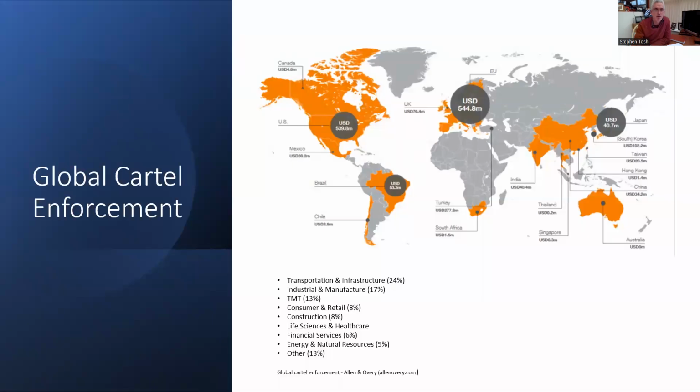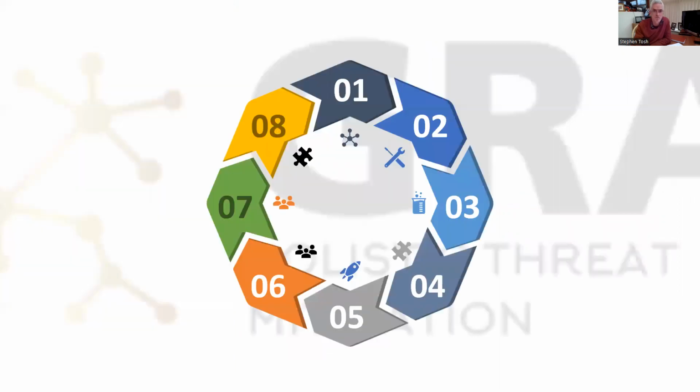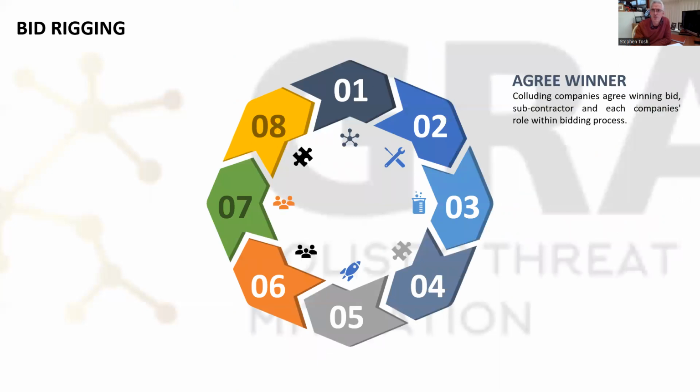So just to touch on bid rigging, it's inconsistent globally. The UK had, back around 2010, identified significant bid rigging in construction contracts. Around 100 contractors were fined in the UK, but they haven't done very much since then. And certainly the US authorities, the FBI, have introduced the Procurement Collusion Strike Force, and they have identified significant contractor collusion in government contracts. And just to briefly touch on methodology,